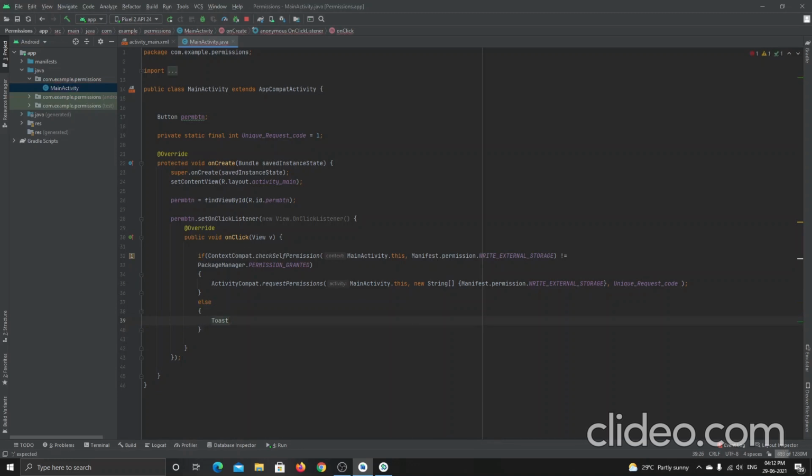Inside this if and else, I will write one toast message. How can I use this? I use Toast.makeText, and inside it I specify MainActivity.this,